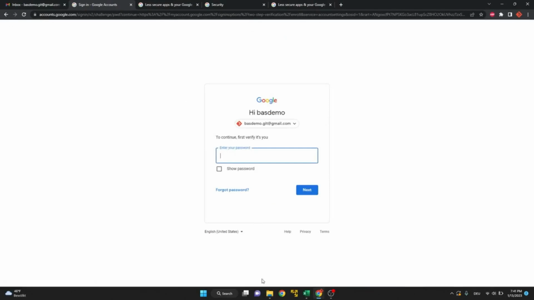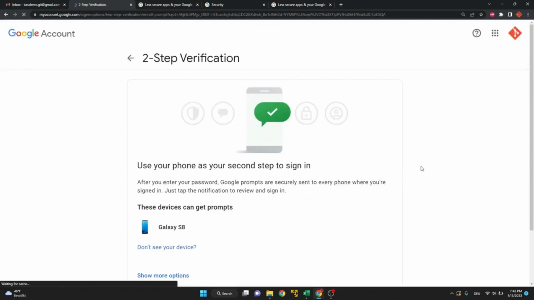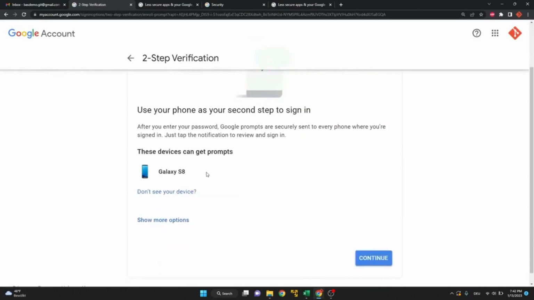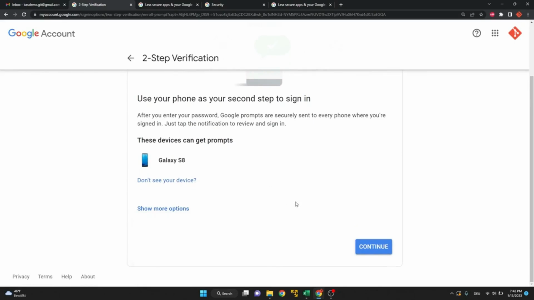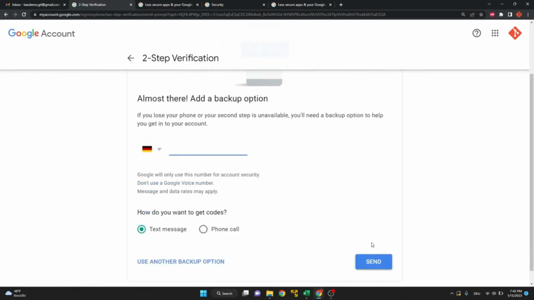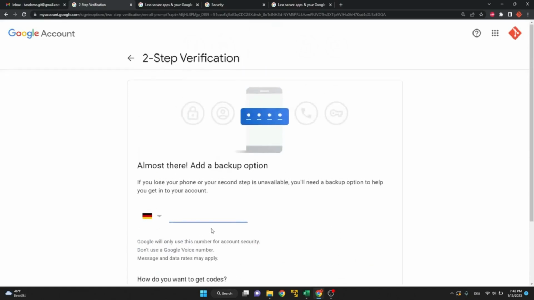Password, and or also you can use your phone to confirm that you have been logged in. This is a more secured option which many of the email providers and services offer. So here you can see I've already trusted my phone, but you can also have a security key or a text message. This can be one of the options. And in the second step, if in case you lose the phone or